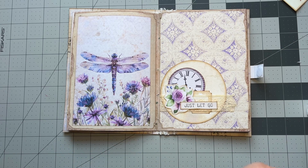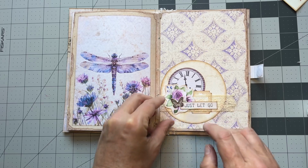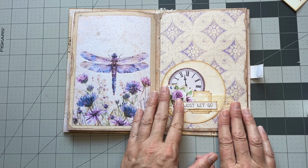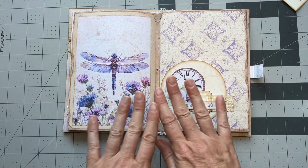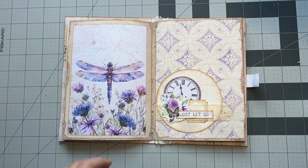And our teeny tiny butterfly. Okay, I want that guy right here. Okay, so just like that, you have this really beautiful and interesting element for a journal, and then you can